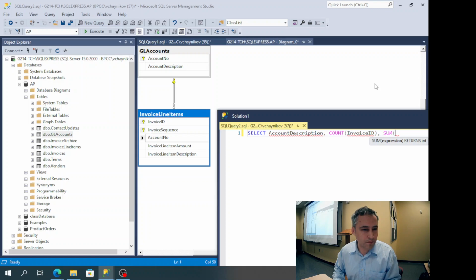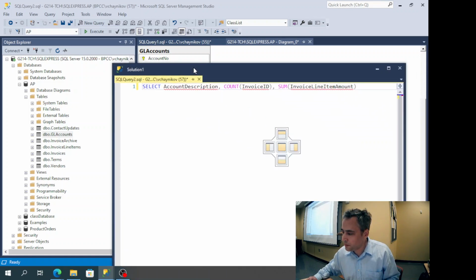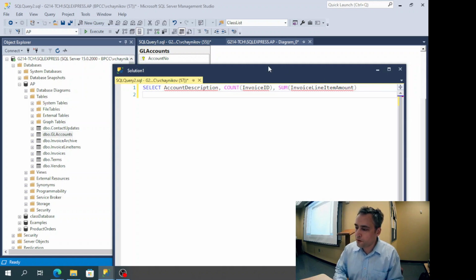So we're counting, in line item sum, we're counting invoice line item amount. Invoice line item amount, that is the column in my table, from, and if I started to capitalize, I can keep capitalizing, from GL accounts